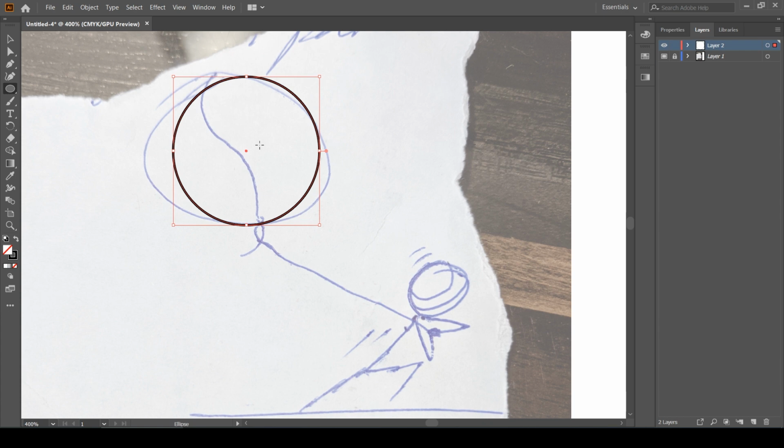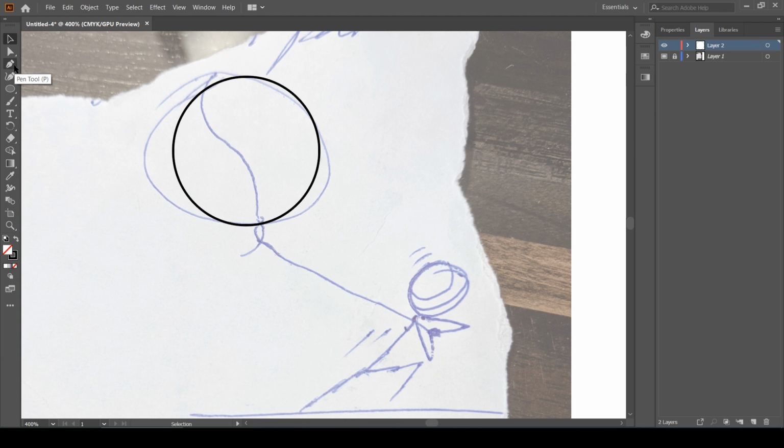Next thing would be to create a path on it. Before creating any path over it with the help of the Pen tool, we are going to make sure to deselect it, otherwise it will just put an anchor point here. So I am going to go to the Selection tool and make sure to click anywhere else on the artboard and deselect it.